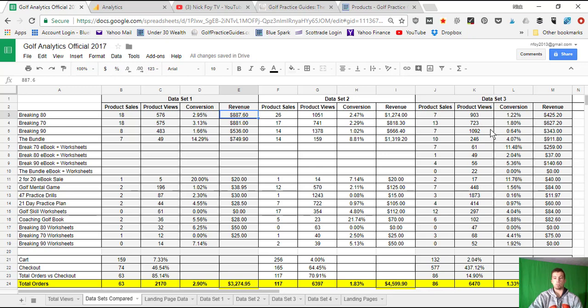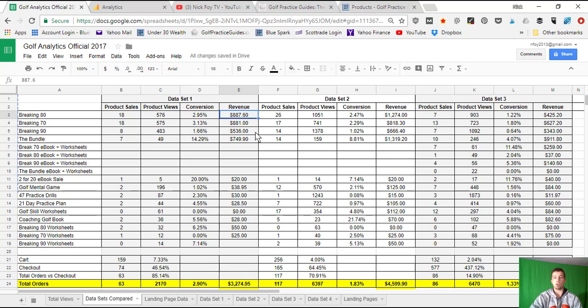And so now I was getting more traffic than I was in data set 1. But I was getting hardly any sales because people said, nuh-uh, we're not paying that higher price. We want it back when you were selling it at the lower prices. So that's what happened here. Conversion rates took a plummet down to 1.2%, down to 1.8%, 0.64%, and I barely made any money compared to